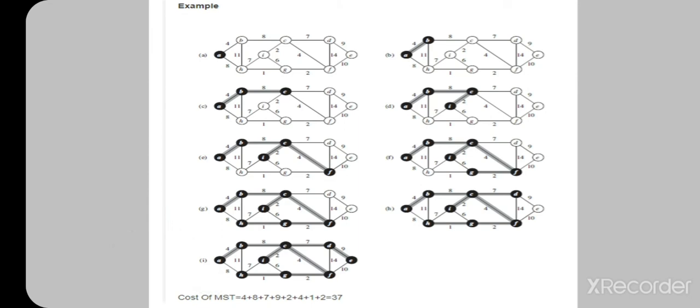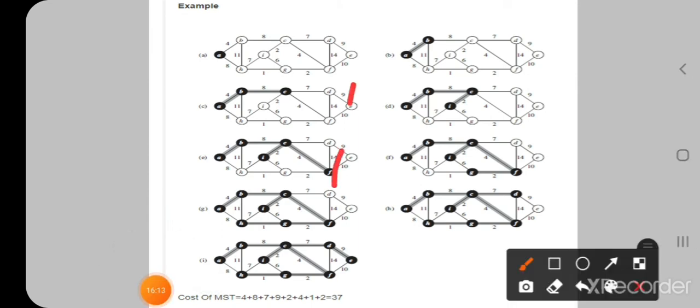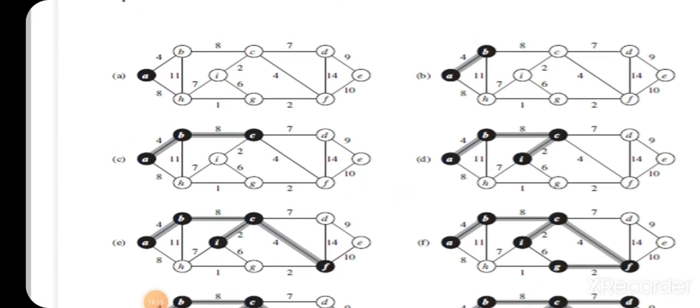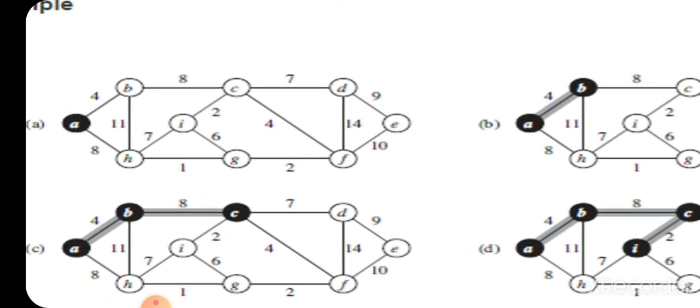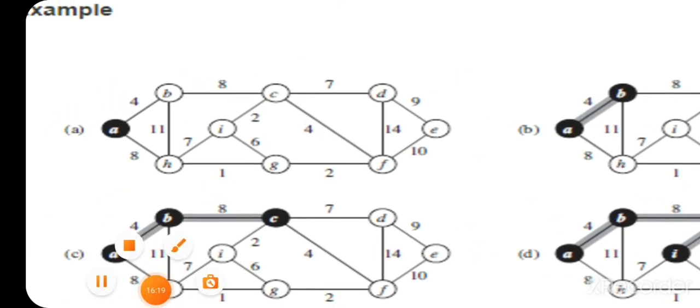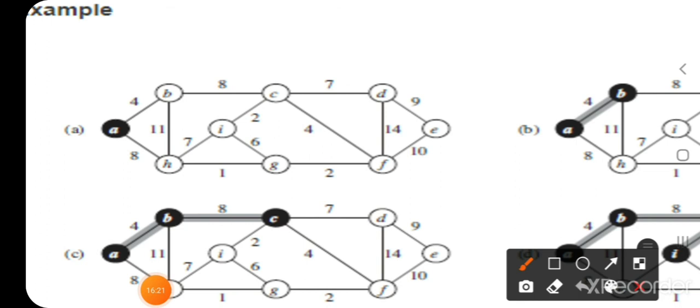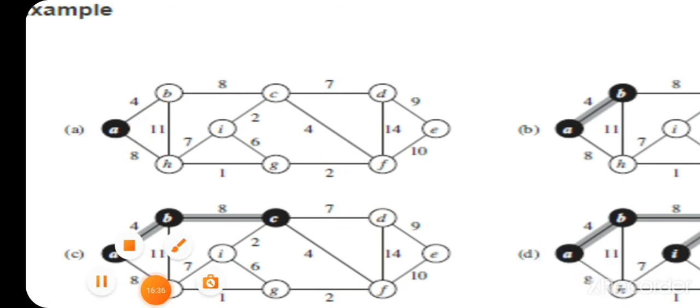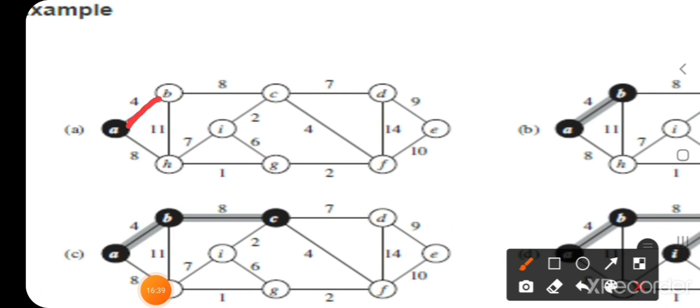Here also we are giving the source vertex as A. From this A, which is the minimum spanning tree, nearest adjacent vertex, we can move from A to B or A to H. But here the minimum cost is A to B. So we will select A to B. Then next,